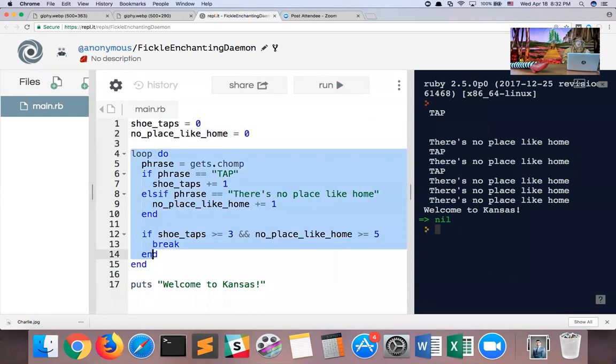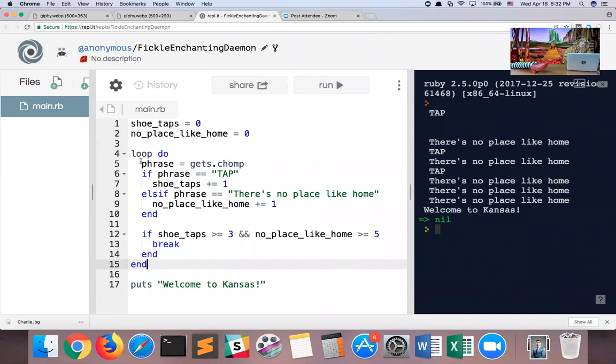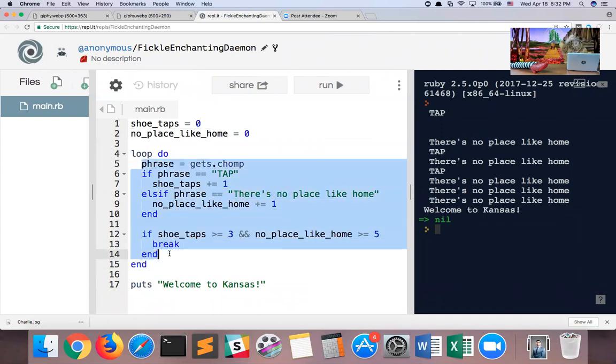We then start an infinite loop. Now, at first blush, that seems scary. We don't want to start that infinite loop, but you'll see there's a way to break out of an infinite loop. So we start this loop, and that means all the lines from 5 down to 14 are within this infinite loop, and Ruby will run lines 5 through 14, top down, back up top, forever and ever.